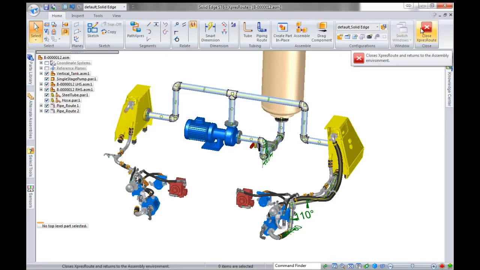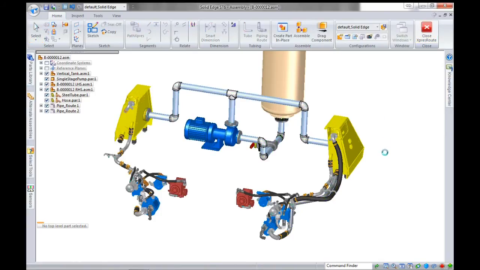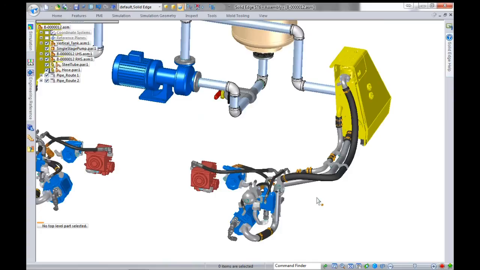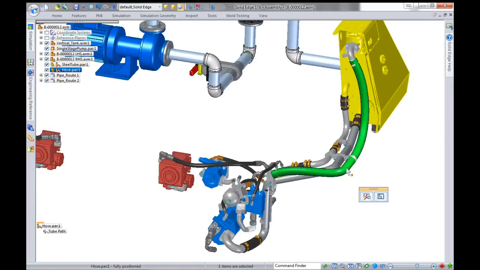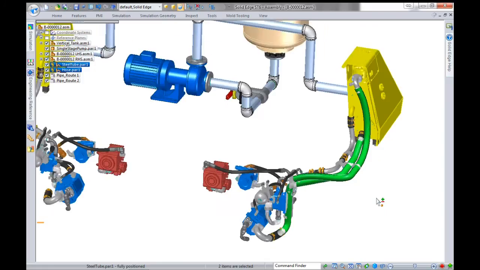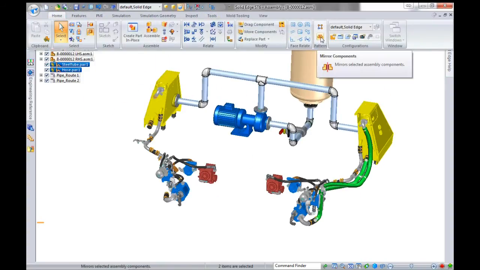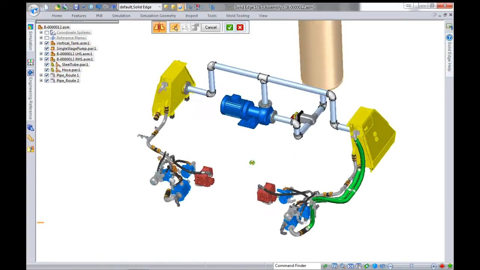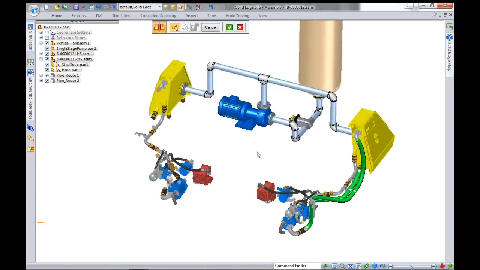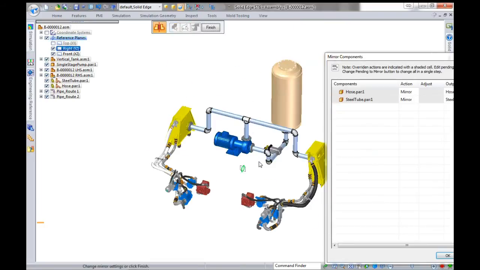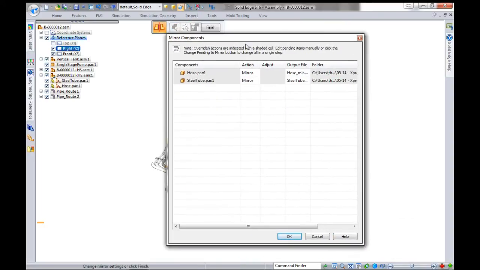Now, I've got to mirror these components as well. So I just select them, and using just the standard mirror command, it's quite happy to create mirrored components. Oops, I need to turn on the reference planes to mirror them about. Which one is it? There we go. So I just select my reference plane to mirror about, and it brings up my mirror